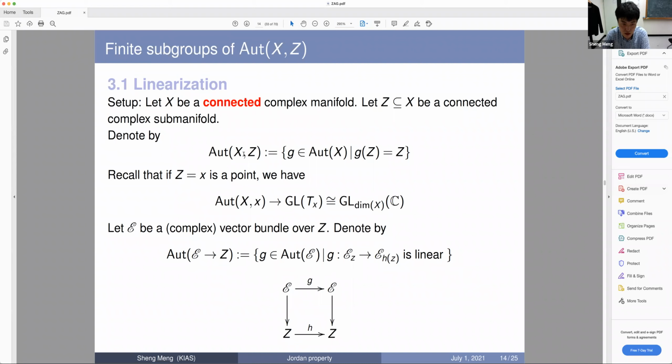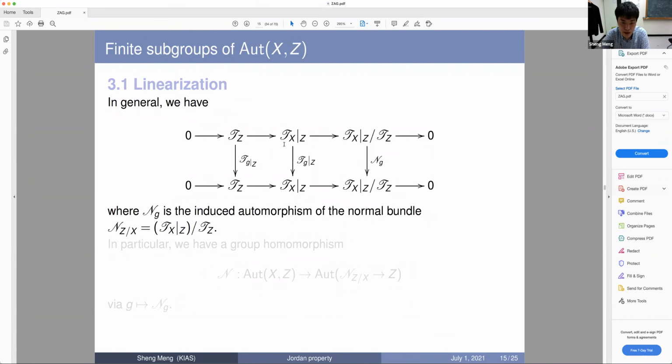So we have the two notations, Aut(X,Z) and Aut(E,Z) here. Then we consider a very fundamental exact sequence. Here this symbol means a tangent bundle: the tangent bundle of X restricted on Z is the middle term, and the tangent bundle of Z is the first term. By taking the quotient, we get the normal bundle of Z in X. And moreover, for each automorphism g of X, the middle term is the tangent map. Since we assume that g preserves Z, we have the restriction of Tg on Z, and we can also consider the action of the restriction of g on Z first, and then take the tangent map. So this first takes the tangent map and then restricts to Z, and this is the induced map. We call it the normal map,